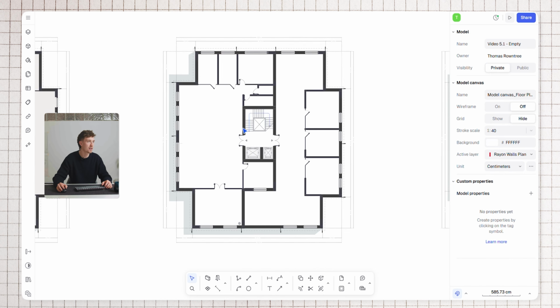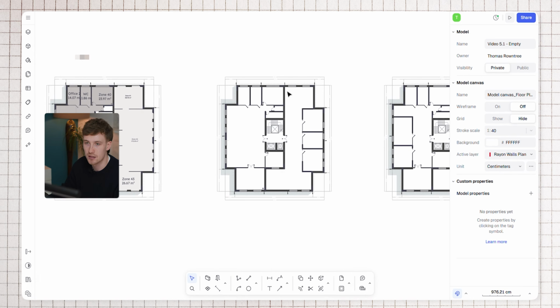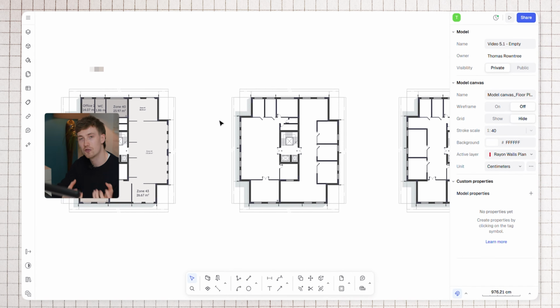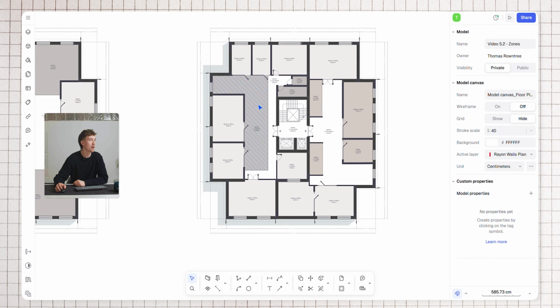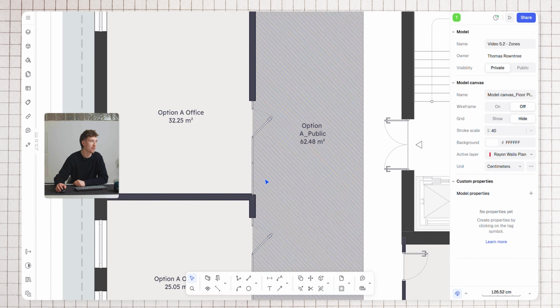And then we can do exactly the same for these options. So then you're building basically 3 different area options, 3 different feasibility studies for the same space, and then you can extract that into an area schedule. With a bit of work and some proper labeling, we can get to something like this,